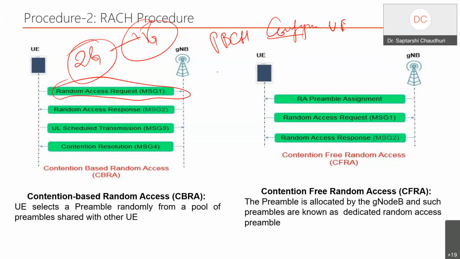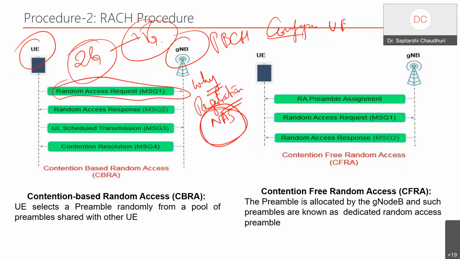So whether the mobile likes it or dislikes it, he will start this procedure. Why? Because he has to complete what is called the registration in the network. But before doing the registration, which is non-access stratum work, he has to ensure that he tells the base station that I want to access the network now. It means he sends in the uplink. Now you can see the device sends the RACH preamble to the base station, and these preambles are what we call a Zadoff-Chu sequence. One of these preambles will be taken up randomly at a random point of time.